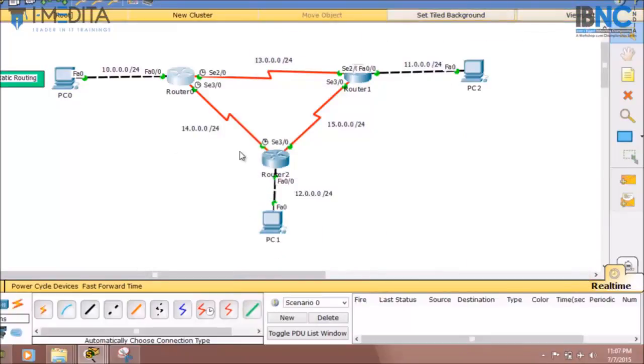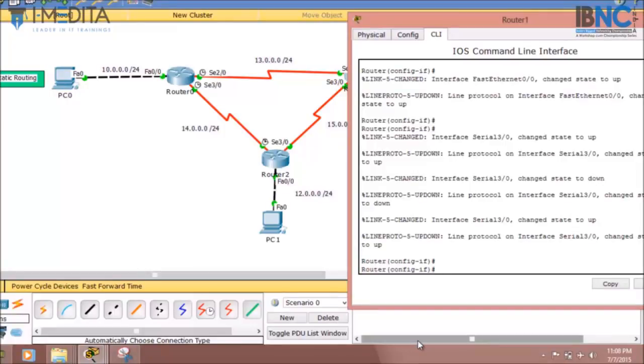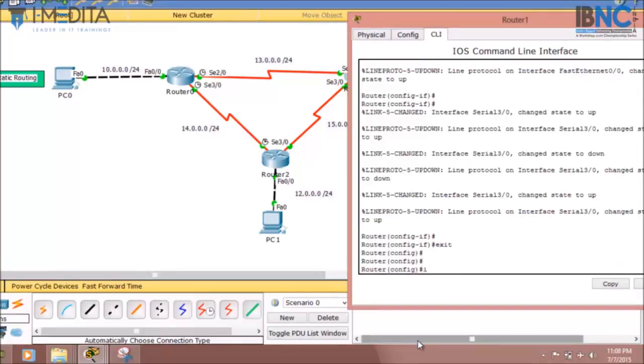Then similarly we have to give the information of all the indirectly connected networks on router 1. So we'll click on router 1. We will type exit and then IP route 10.0.0.0, then 255.255.255.0, and then again we have two paths.